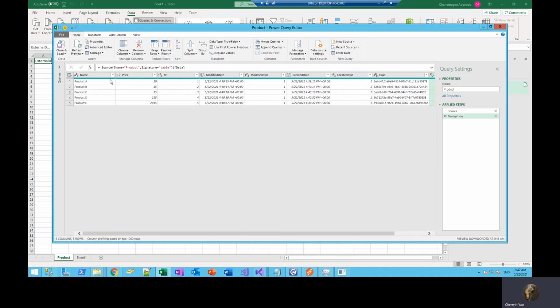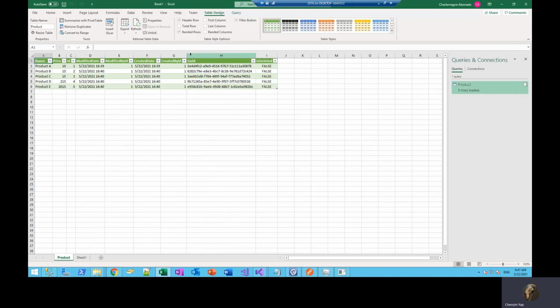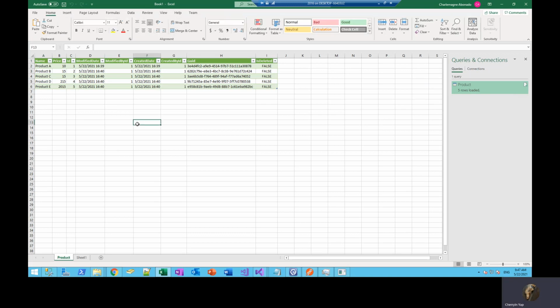And once you're happy with it, you could simply click close and load, and that would refresh your worksheet with the data. So that's about it, I think.